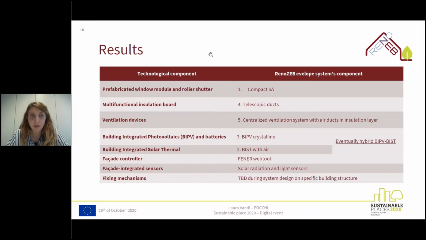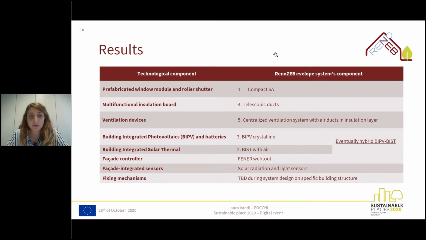And I wanted to show you the result of this methodology, the first step of the methodology, which helps us to understand how it could be possible to move from the renoZEB concept, plug-and-play facade, to the concrete, real designing phase for the plug and play. Here you can see, from the macro technology, which product gained the highest score in the matrix.